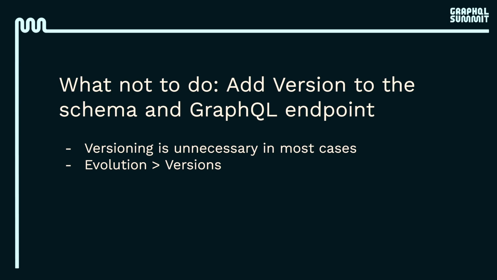And the reason is versioning is most of the time unnecessary, because when you're versioning something, you're changing something. If you change one type in one subgraph, does that constitute a new version of your entire supergraph? Probably not, right? 90% of your types don't change. One field is added here, one field is added there. That's not enough for an entire type change, or an entire new version.